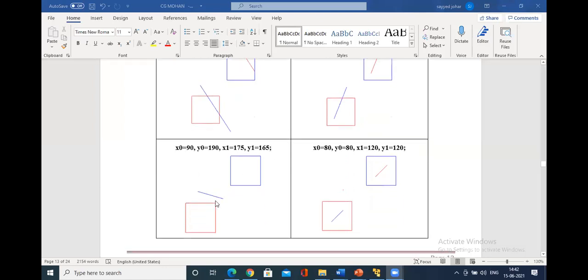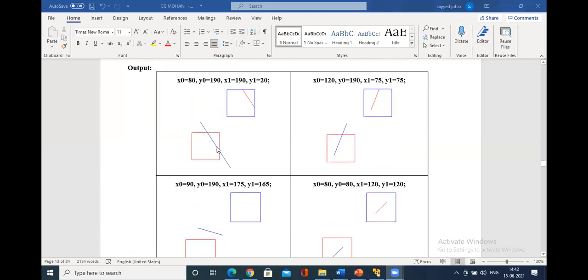So this is a trivially reject case. You are writing the lines with respect to the window coordinates. Remember here, let us see in the program, we will understand. This is completely a window. Remember, this is my window. This is my viewport. We will see in the program how exactly he has mentioned these two things, window and viewport. So x0, y0, x1, y1 are written with respect to these lines.